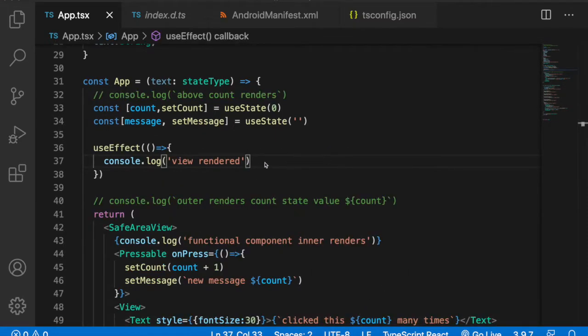Alright, so moving on to our next hook, which is useEffect. So useEffect is used to run the side effects. So what I mean by that is,